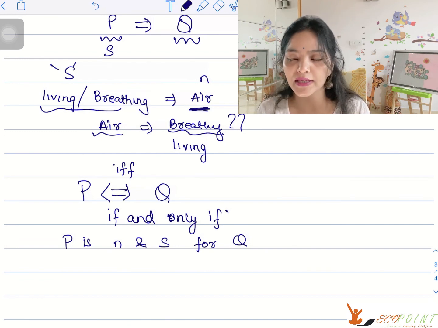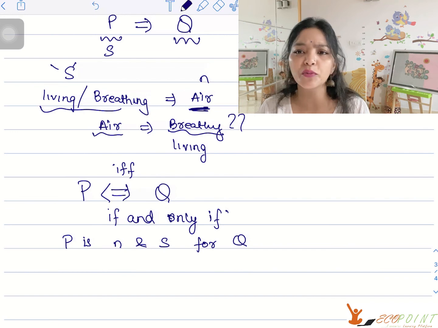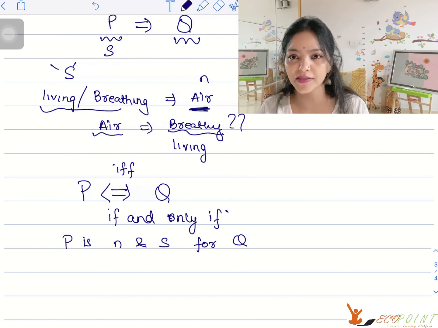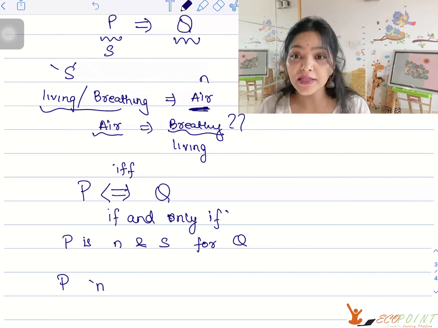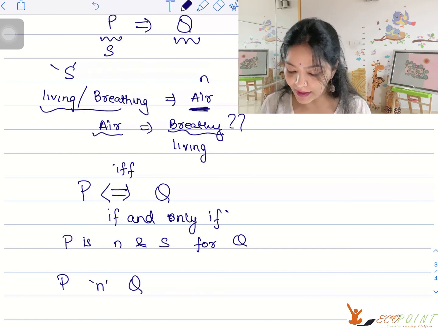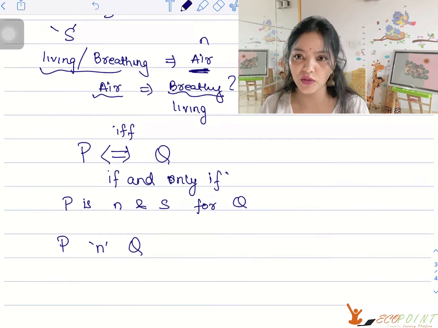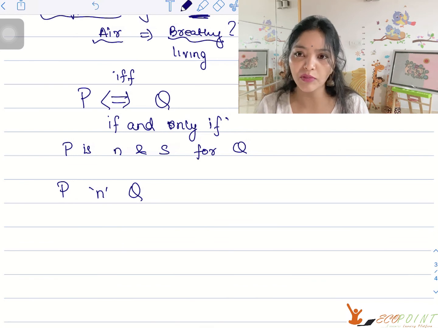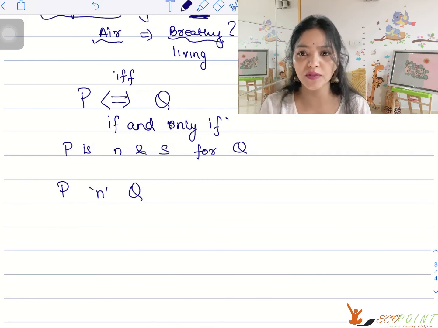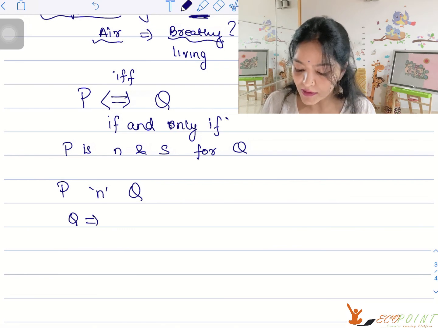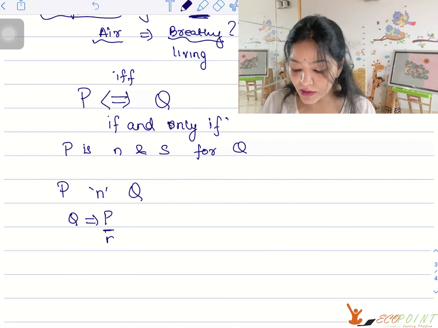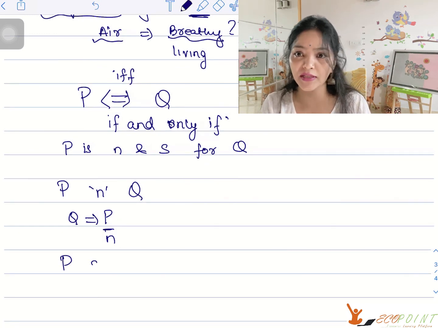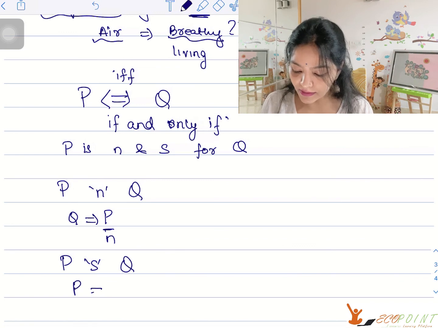If you were asked to prove necessary and sufficient, you have to prove both the implications, right? P implies Q, Q implies P. But if it's just written, prove that P is necessary for the existence of Q, you need to know what implication you are working with. You need to know what implication you have to start with. What will be your hypothesis? What is the consequence that you require, right? So P is necessary for Q is Q implies P. P has to be the necessary part. If P doesn't happen, then Q doesn't happen, okay? And in case it's written P is sufficient for Q, that means you're talking about